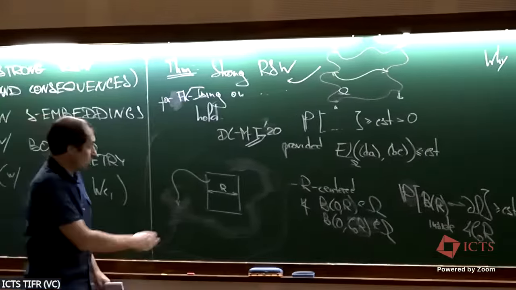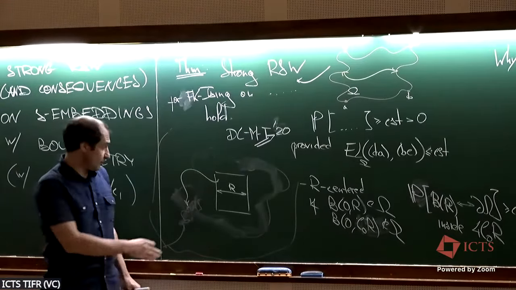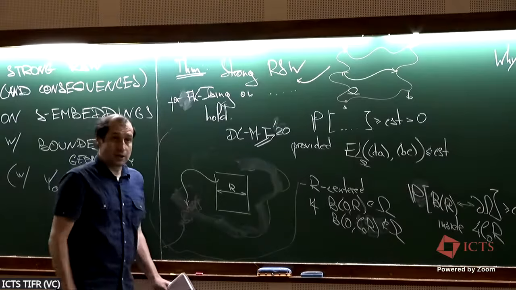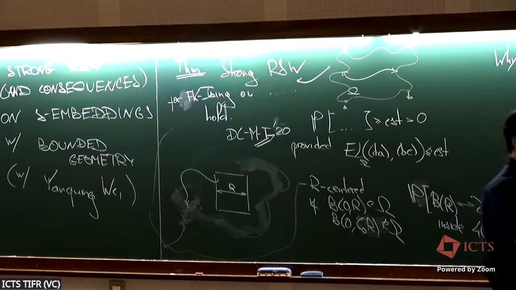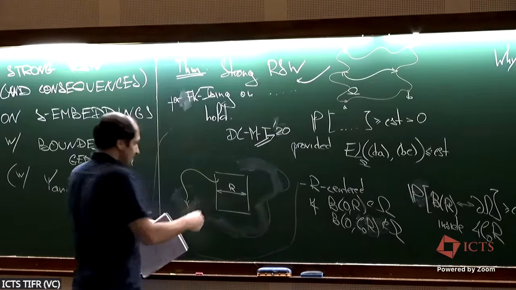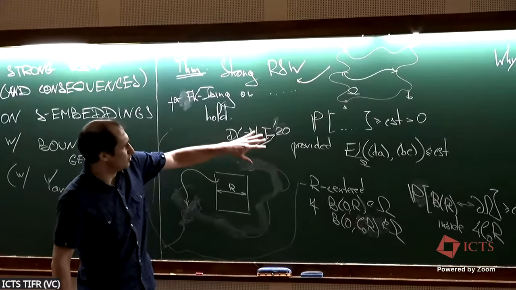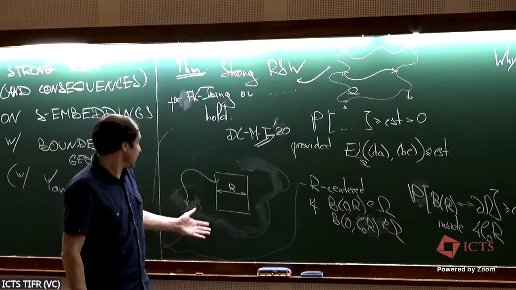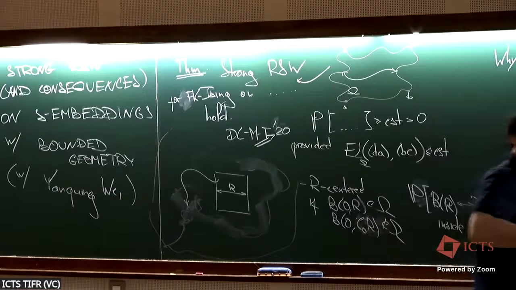So when you want to promote convergence of single interfaces to the convergence of loop ensembles, you need to observe your loops one by one, and you need to understand in which order you glue them to each other. And this allows you to estimate bad events, to rule out bad events. So from here, you can immediately prove that, say, the 6-arm exponent is strictly greater than 2 and things like that. So that's just a useful tool.